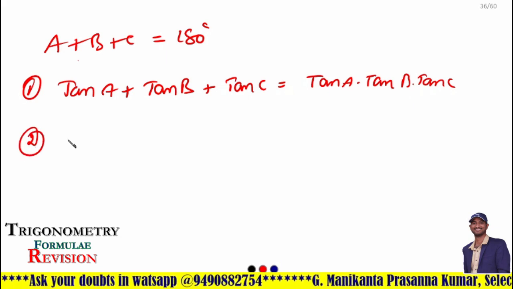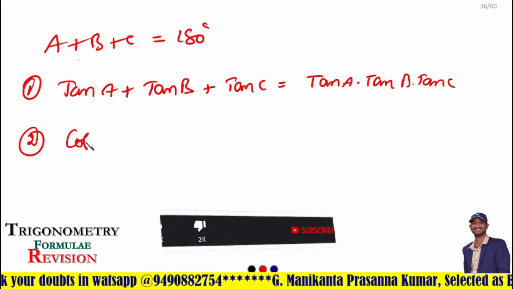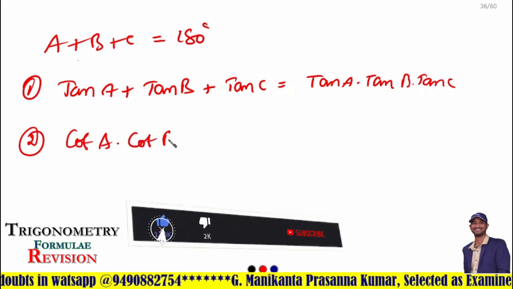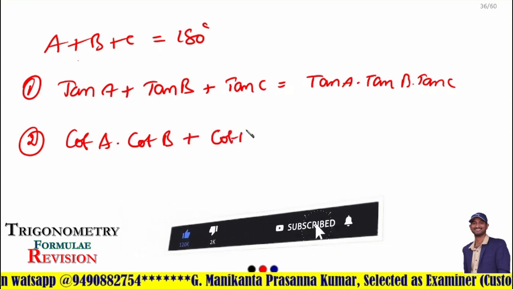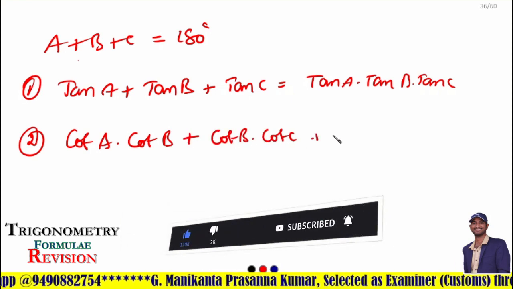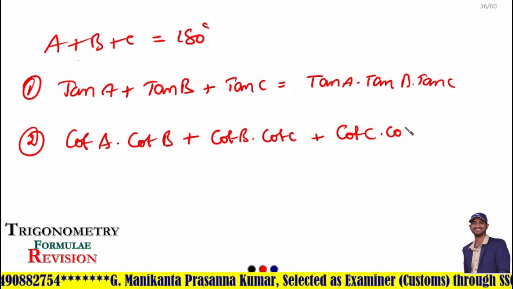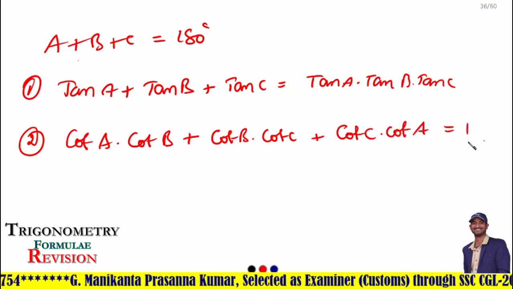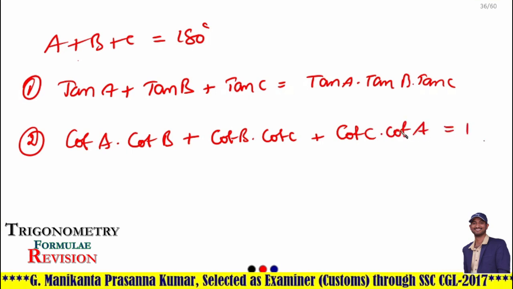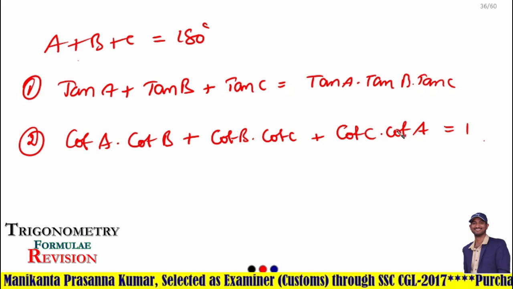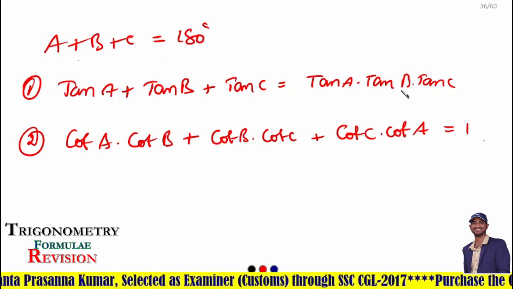And second formula, sum of product of any two cots is equal to 1. Cot A cot B plus cot B cot C plus cot C cot A is equal to 1. Is it clear? Okay. And next,